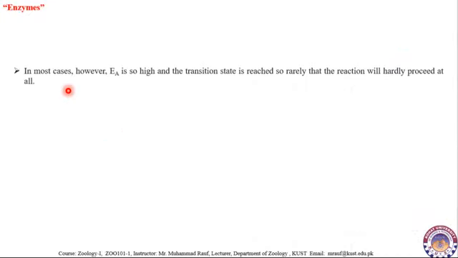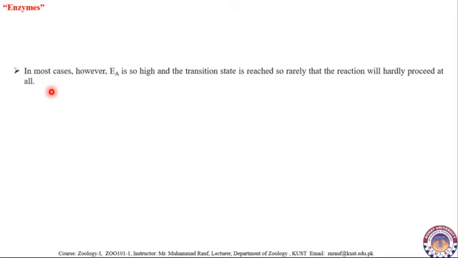In most cases, however, activation energy is so high and the transition state is reached so rarely that the reaction will hardly proceed at all. Now, this was a hypothetical example where they showed that the reactant molecules must be brought into a transition state, and only then the conditions will be feasible for the breakage of the bonds and the conversion of the reactants